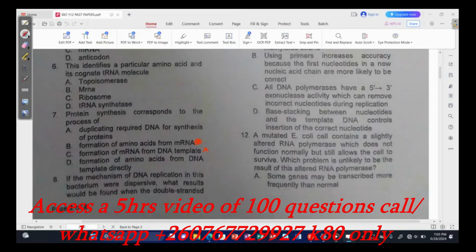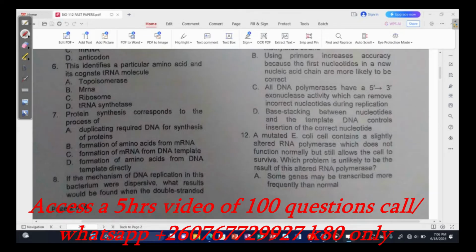Then D: formation of amino acids from DNA template directly. So there's no direct formation of amino acids from DNA. DNA first has to be transcribed into RNA. Then RNA is going to now give us what? Amino acids. That is the basis which are going to be on the messenger RNA. So the answer here is going to be option B,